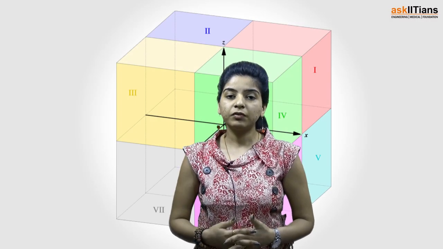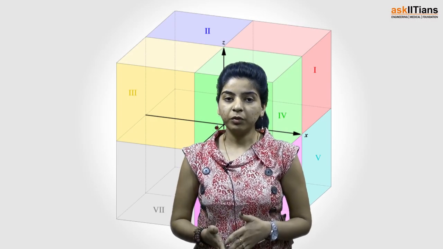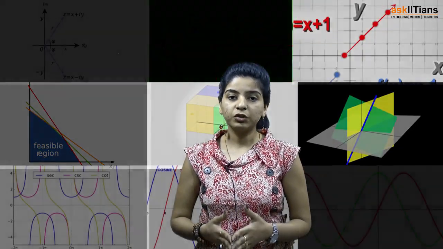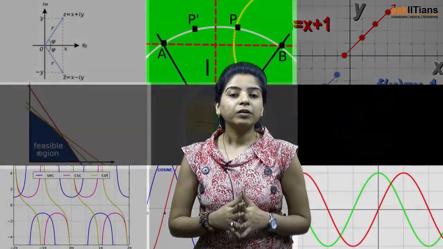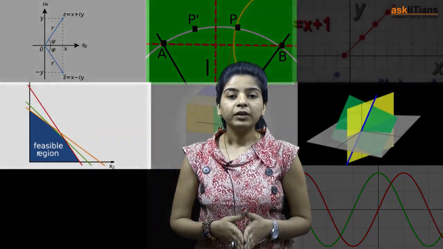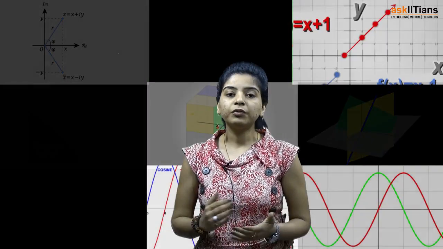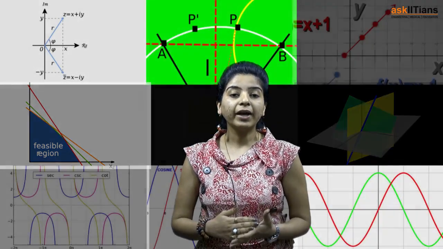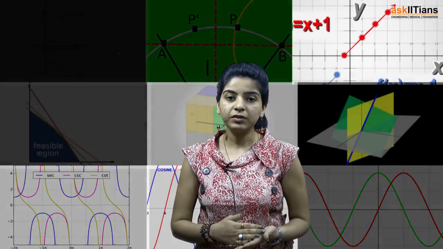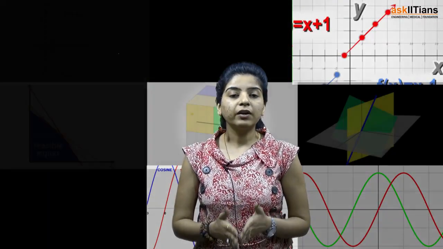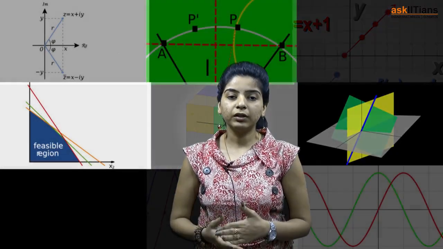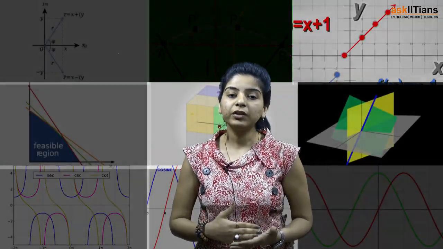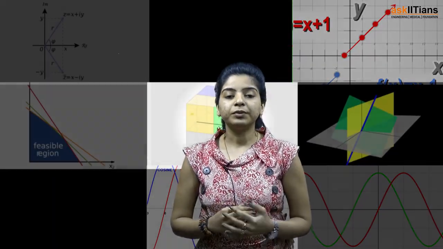Well, I hope you must have understood about the concave, convex and regular polygon, as well as the ambiguous cases in the solution of triangles. Now this in fact completes the chapter on trigonometry, basically compound angles and solution of triangles. So now in the next section we will be discussing some of the IIT JEE questions of previous years from this section, that is compound angles and solution of triangles. That will help you to know what kind of questions exactly you can expect in your exams. So stay tuned.